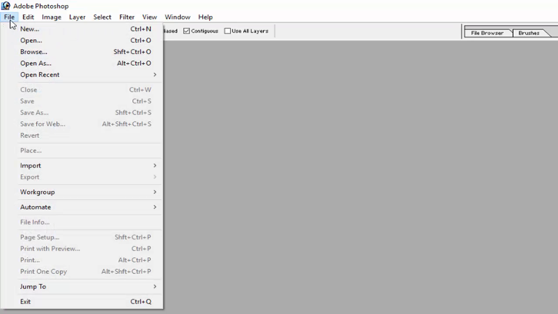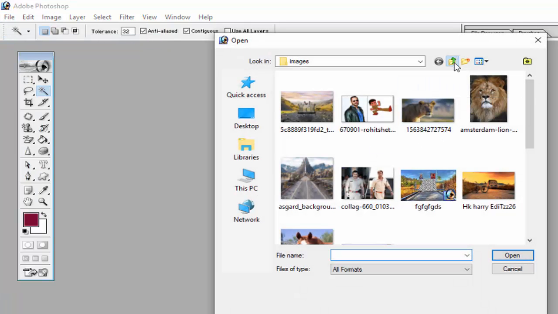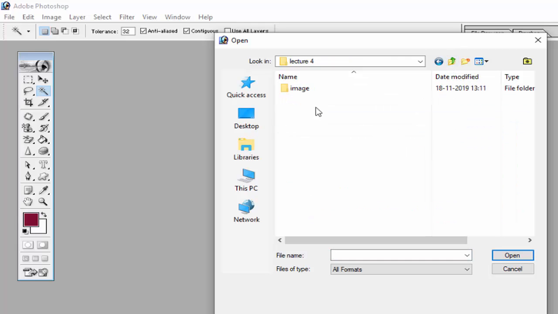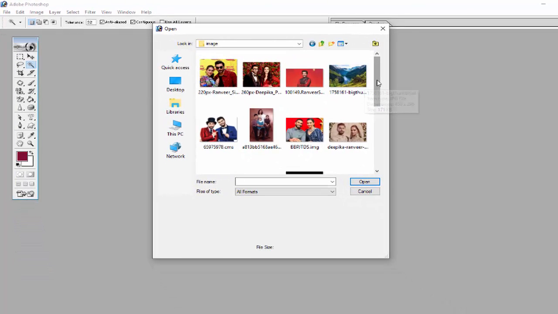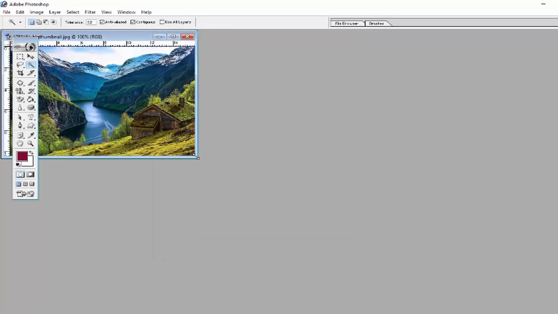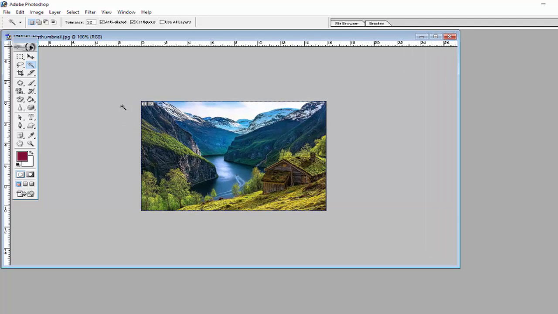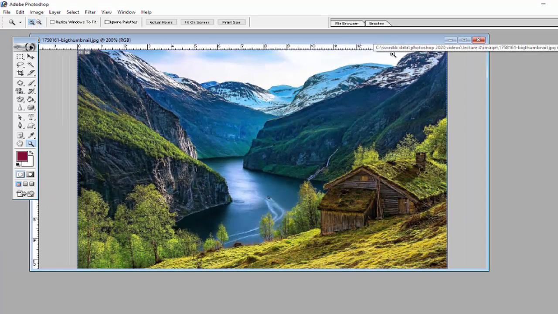Start from this. First open the image on which we will apply these selection options. So I will open some images here, like this image. You can see that, and increase the size of this, zoom the image so we can work on it properly.